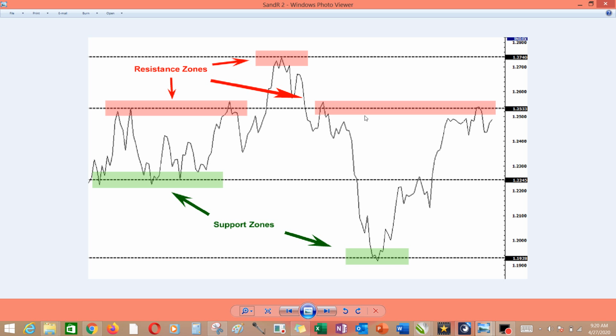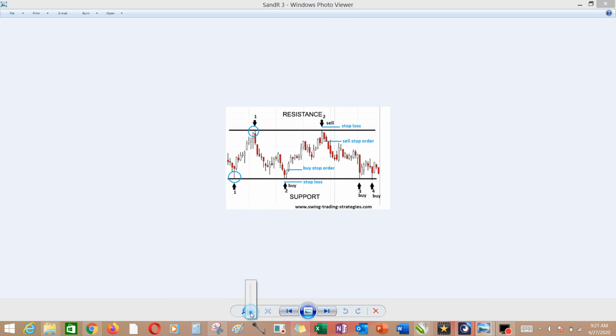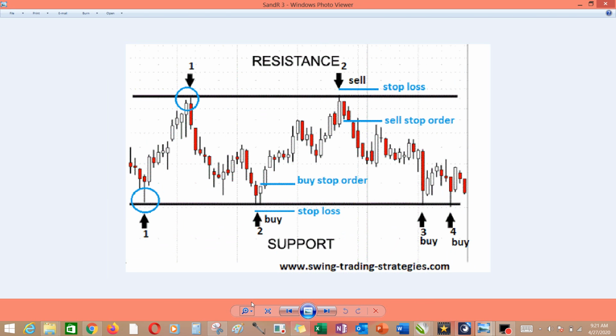So I'll be stopping here for now, because I want us to go into the trading platform so that you will understand what I'm talking about. Okay, here is another chart. Here is another image. Let me quickly show you this, because this is very essential. It helps us to understand how to use the resistance and support levels very, very well.